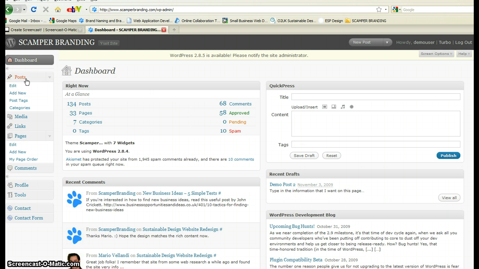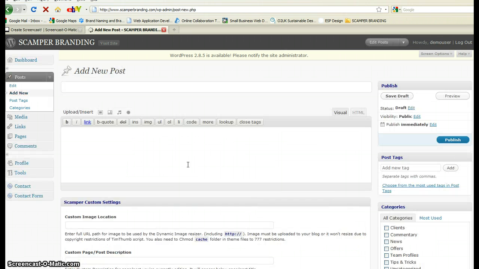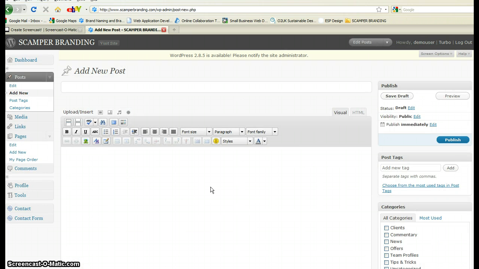So I'm going to go ahead and use posts as an example. So I'm going to add a new post, so just hit add new here on the left hand side. And we get this control panel, which is basically very similar to Microsoft Word. First thing I need to do is I need to give my new post a name. So that will appear as a title, but it's also like the file name that you would give to a document. So I'm going to call this demo